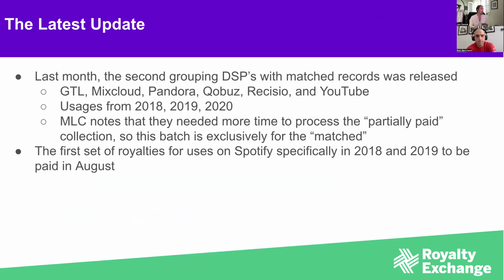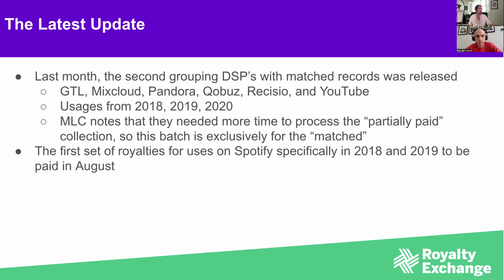Now, let's talk about what is included here. So the MLC does provide updates on what is actually in processing. So they give a handful of different digital distributors, or DSPs rather, and which royalty type they're currently working on, either partially paid or unpaid. Partially paid would be stuff where it's like, hey, we paid out at the 10.5% rate. Now we're going to pay out the 11.4% rate, that difference, versus, oh, we didn't know what to pay, so we paid nothing.